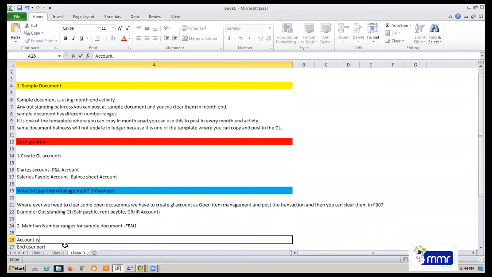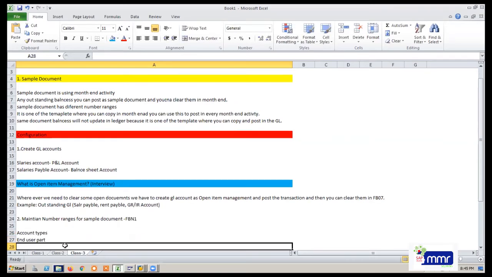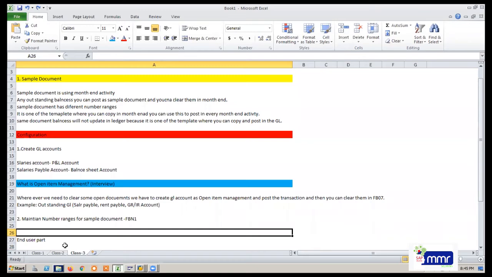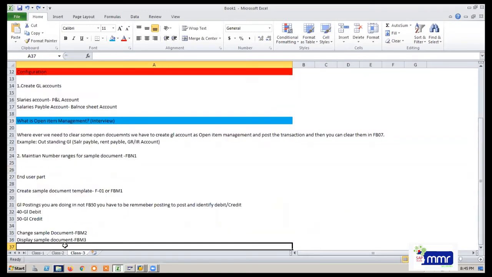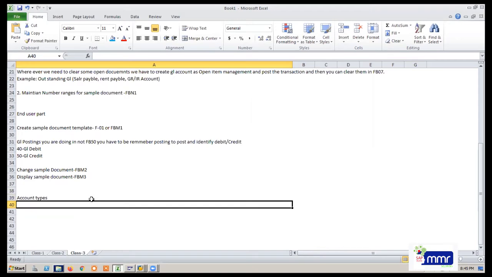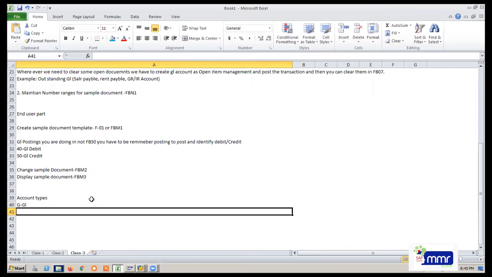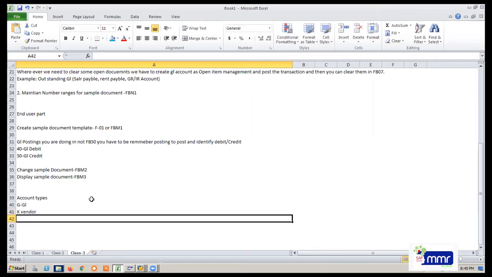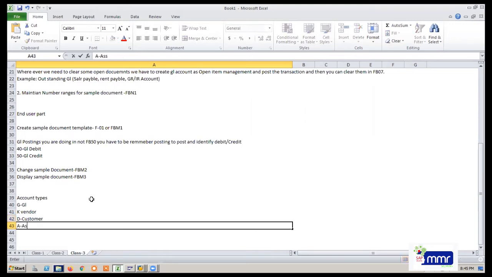Accounting types. For example, take G for GL, K for vendor, D for customer, A for assets.